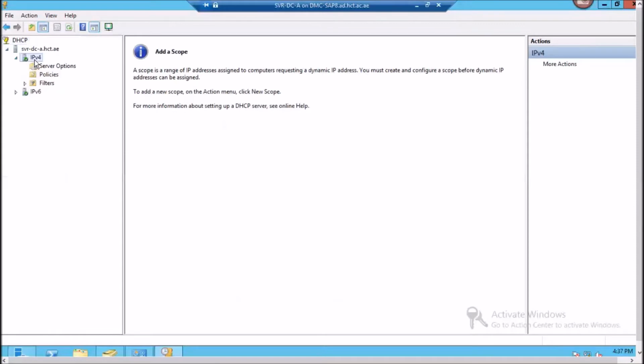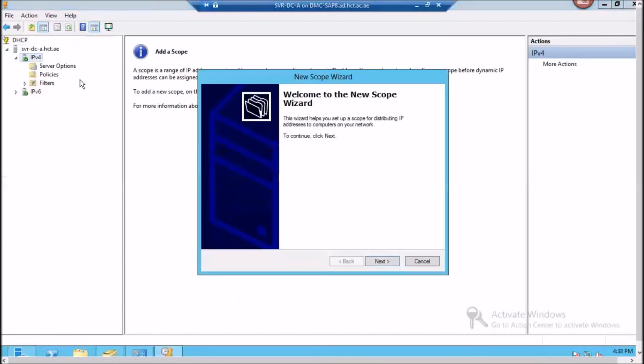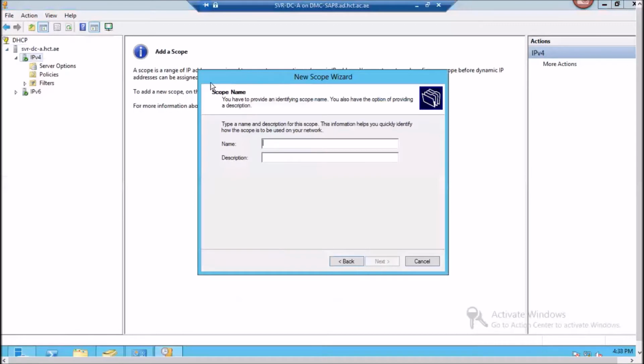Okay, so what is the basic technique for Windows to add or do any configuration? Right click. Very good. Can you see anything here which I should select? New scope. Very good. Watch this. It's straightforward and very simple. This is one of the easiest services in this course. Next, what is it asking? Scope name. See, in a big enterprise, you might be having many subnets, and might be your DHCP service is servicing many subnetworks as well. So it's a best practice to have your network address as a name, scope name.